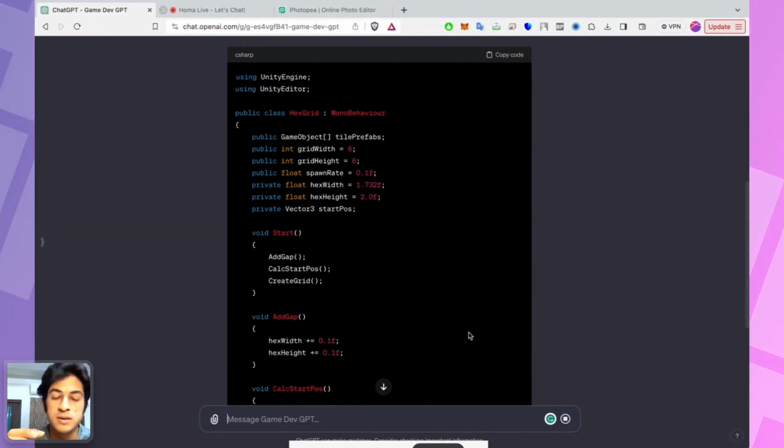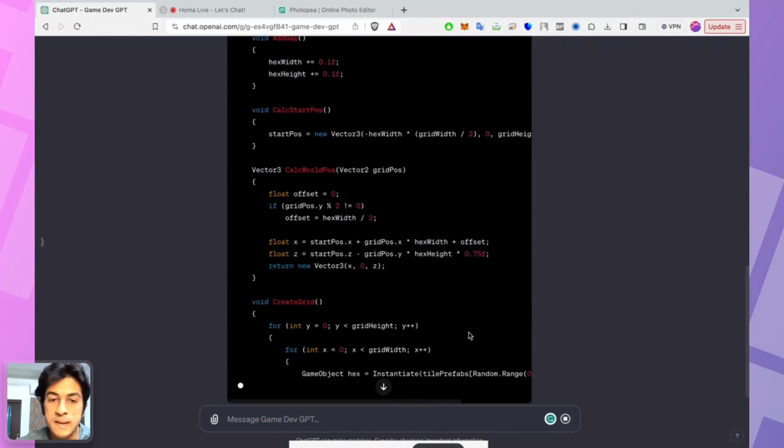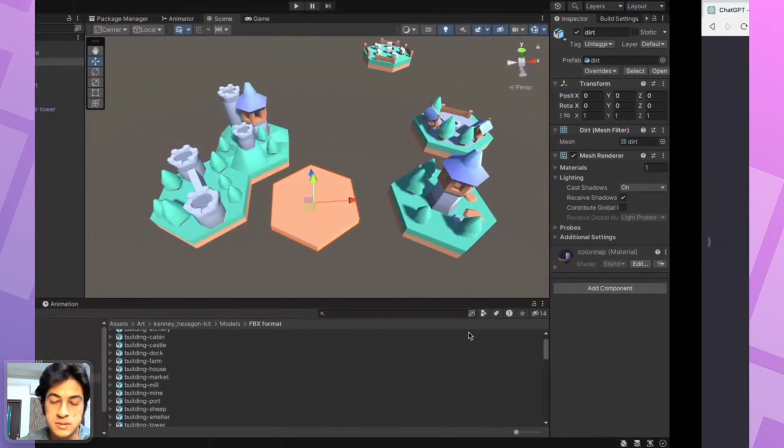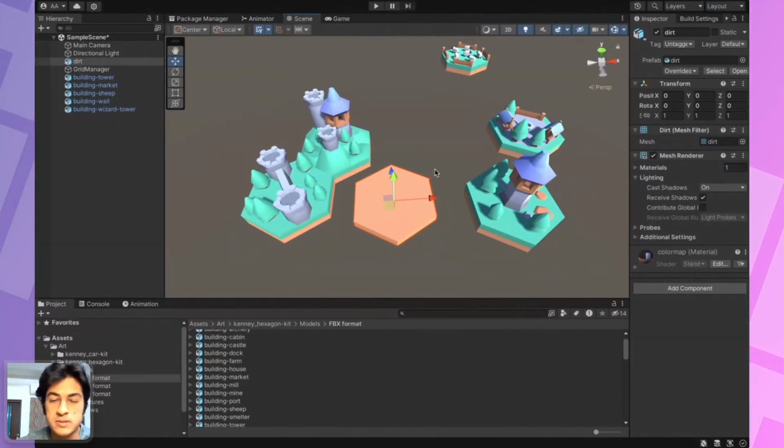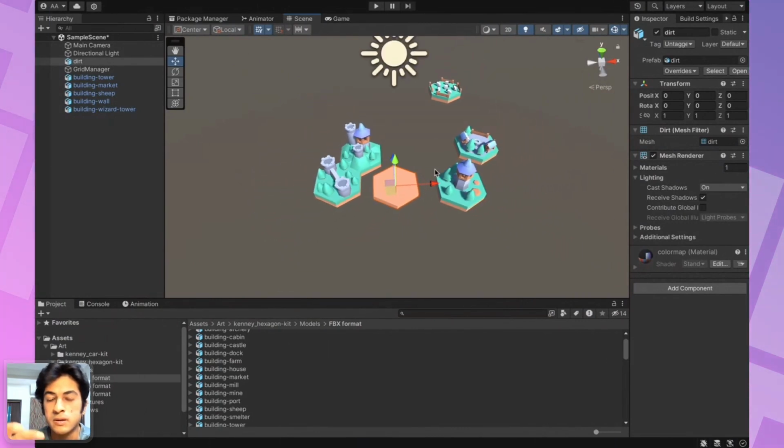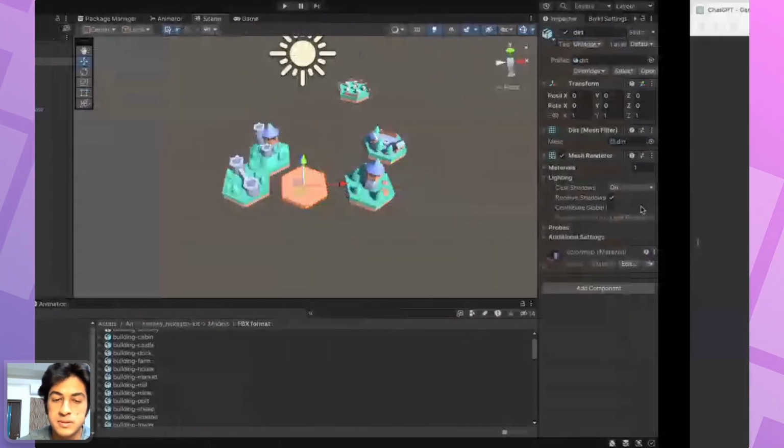So it is a very gameplay specific objective. But for this video, we'll just create a 3D grid using the hexagon tiles and spawn a small little town that the developer can manipulate using some variables.